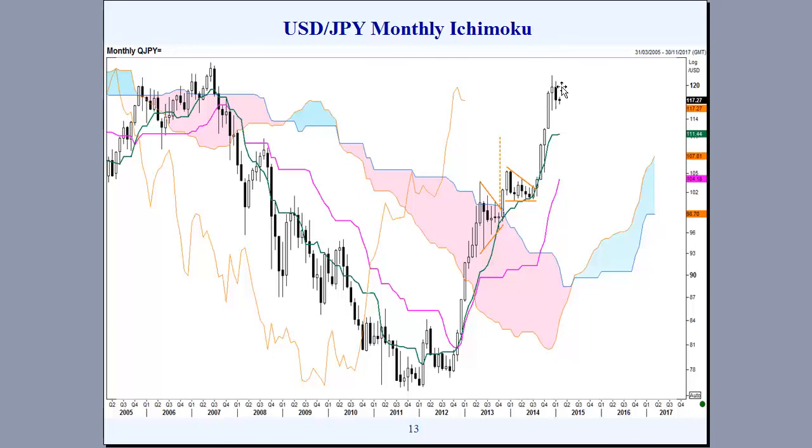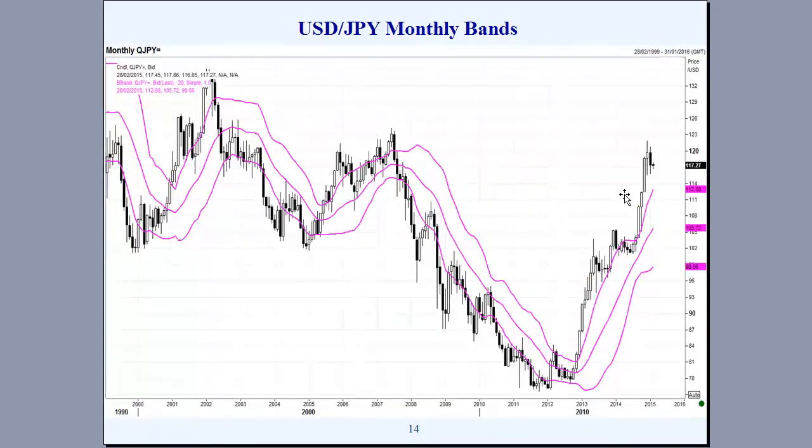forming congestion once again. So we'll be looking for a further upside in line with the trend being up in all three timeframes, or for a breach below a lower barrier if we are able to draw barriers in this congestion area if it does continue to form. At the moment it looks as though we're forming something of a small pennant type pattern, but that may not continue in that manner. And just looking at the dollar yen in terms of the bands, and we see very